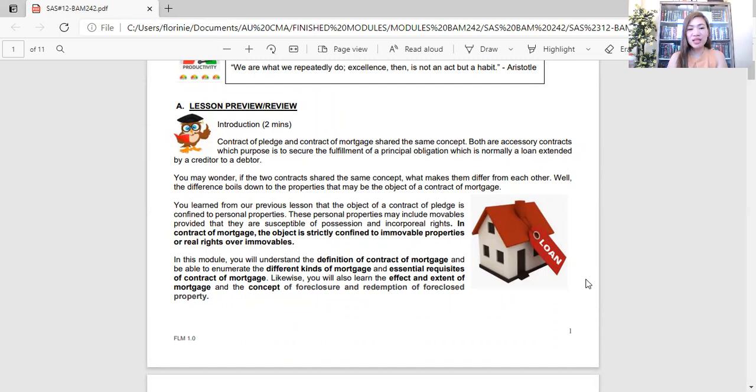You learned from our previous lesson that the object of the contract of pledge is, ano na nga, ang ating object ng contract of pledge? You are correct. Personal properties or movable properties as well as incorporeal rights. Ayan. So these personal properties may include movables provided that they are susceptible of possession and incorporeal rights. In contract of mortgage, the object is strictly confined to immovable properties. So it's also known as real